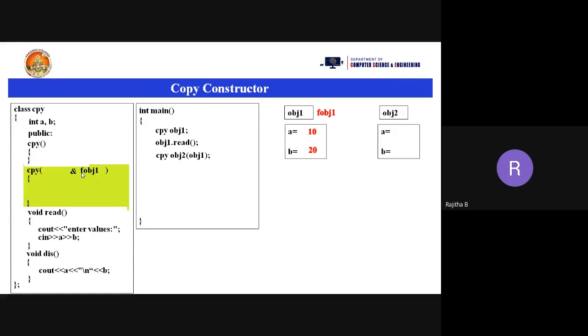Of course, you have an address operator in C language also, but here we are using the address operator for another purpose, that is a reference, meaning address only. Reference means address. So if you are taking the address operator and fobj1, we are taking an alias name for obj1, meaning one more name we are assigning, that is fobj1, to the obj1 data, the object.